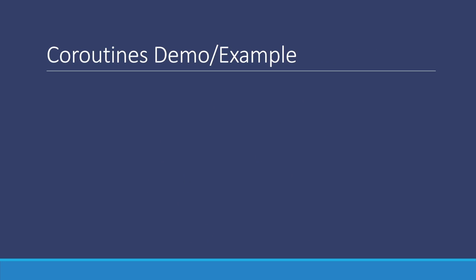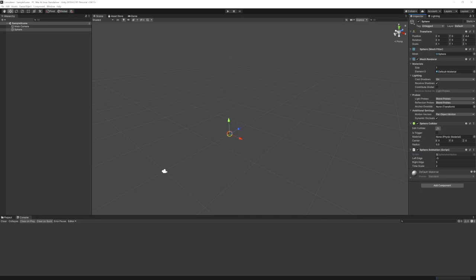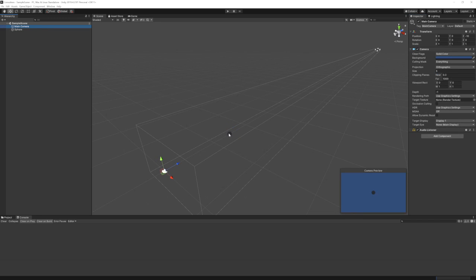So let's move forward and show a demo of coroutines in Unity. So I prepared a very simple Unity project. This is a 2D project. I have a camera pointing at a sphere in 2D space. So this is what the camera looks like at this point. If we run this,